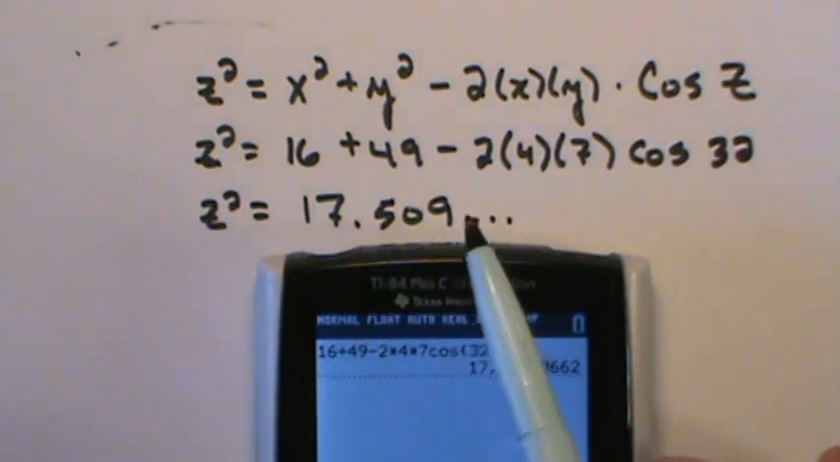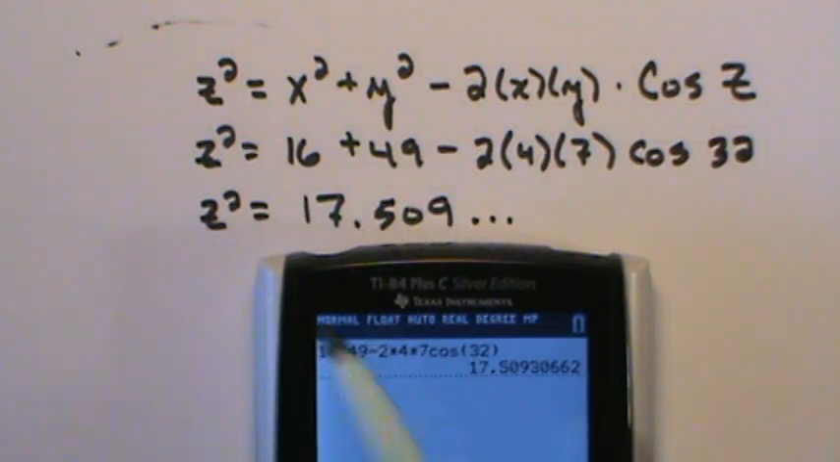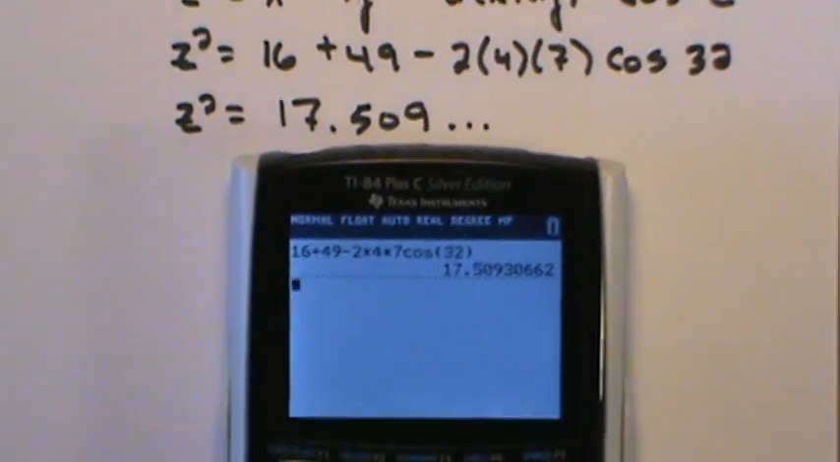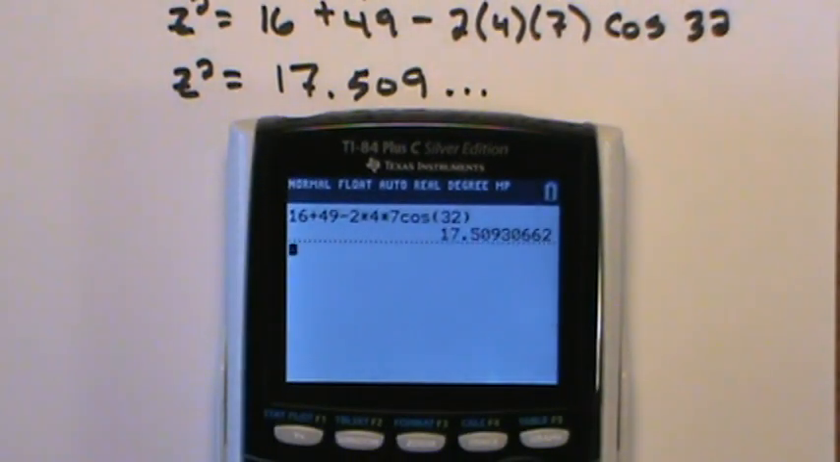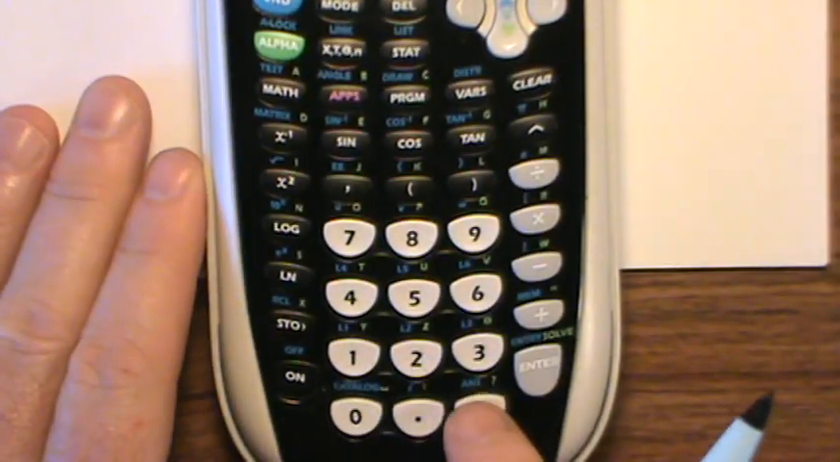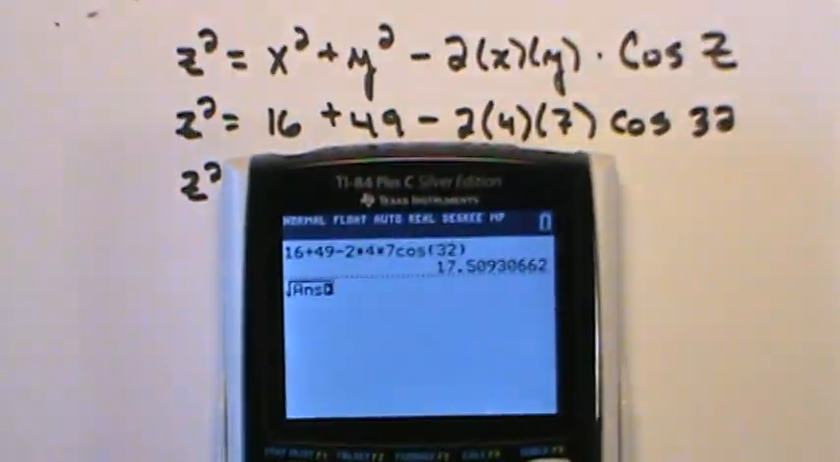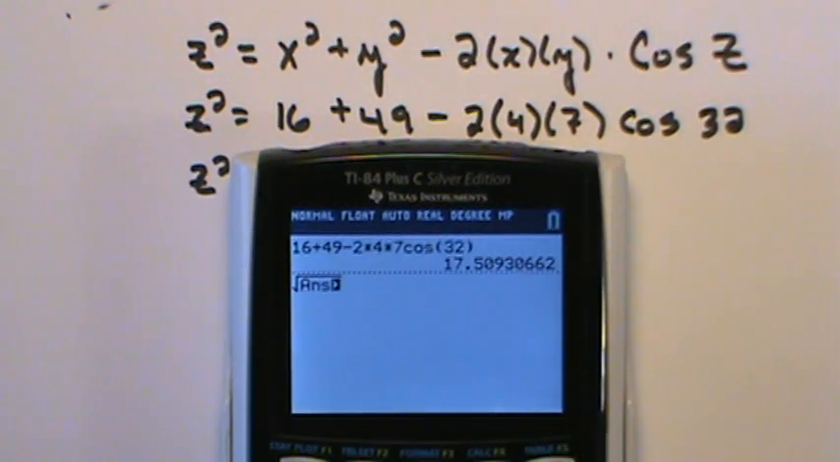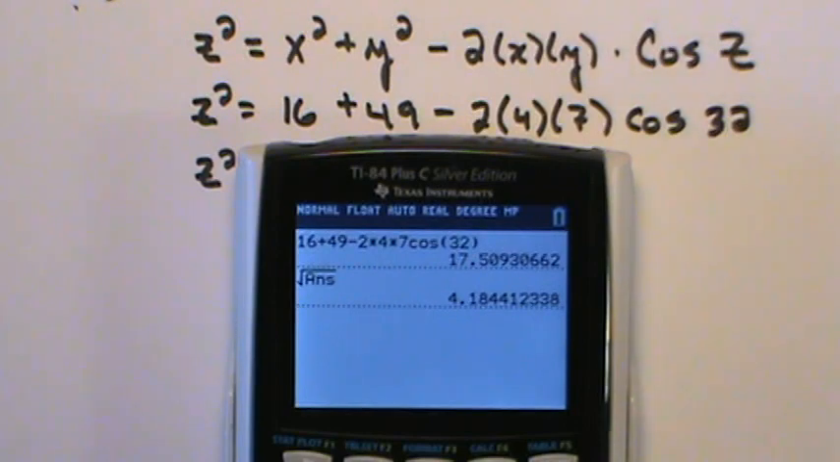I've got 17 and change, but that's for z squared. So I'm going to have to square root this number that I have on my calculator. It's pretty easy to do. I can hit second square root. For some of you, you can go up and highlight that number. For others, you may have to go second and then the answer button down here, which just calls up the last answer that I had. Either way will work. And then you hit enter, and I'm getting